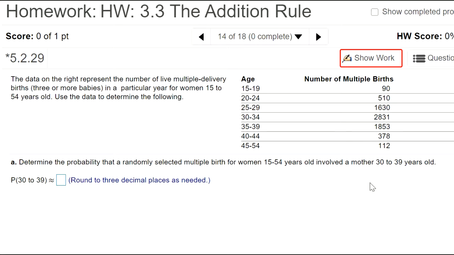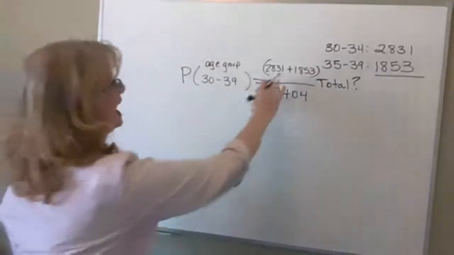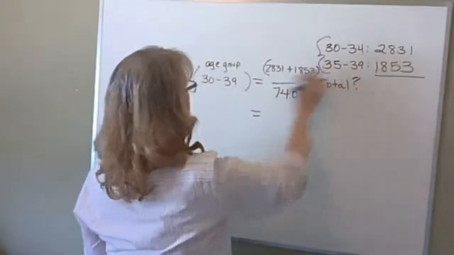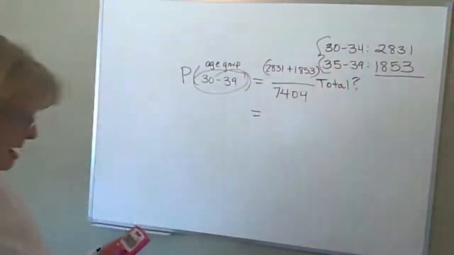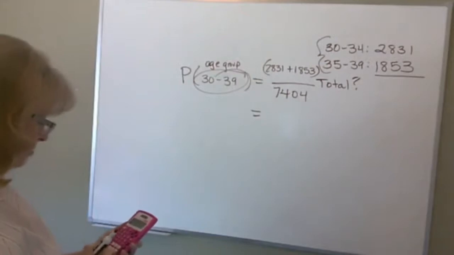I'm going to double check my numbers. So I had 90, 510, 1630, 2831, 1853, 378, and 112. Yeah, on mine, I double checked it. I got 7404. And so remember I added these two age groups to get the total that were between 30 and 39. And if I add those,